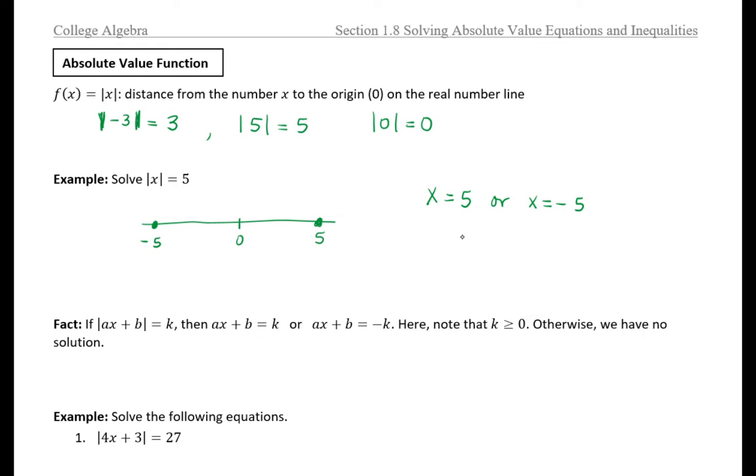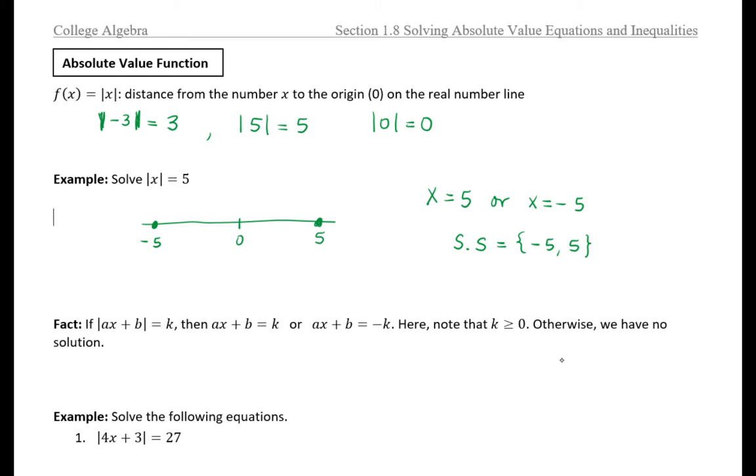So we can just say the solution set is -5 and 5 for this problem. You can get two solutions if this is non-zero; if this is 0, then you get only one solution. So from this perspective, whenever you take the absolute value of an expression equal to a number k, and k needs to be positive, by the way,